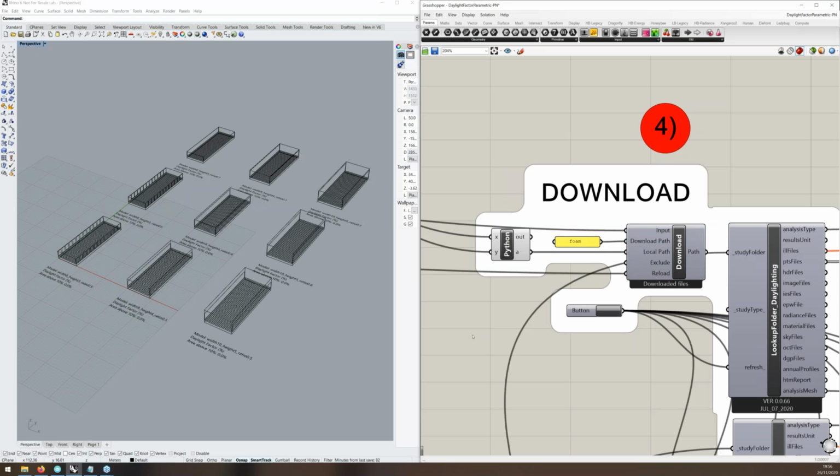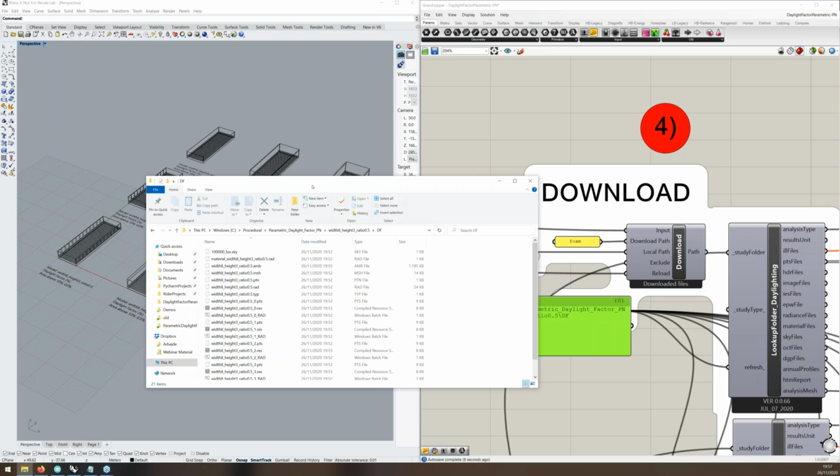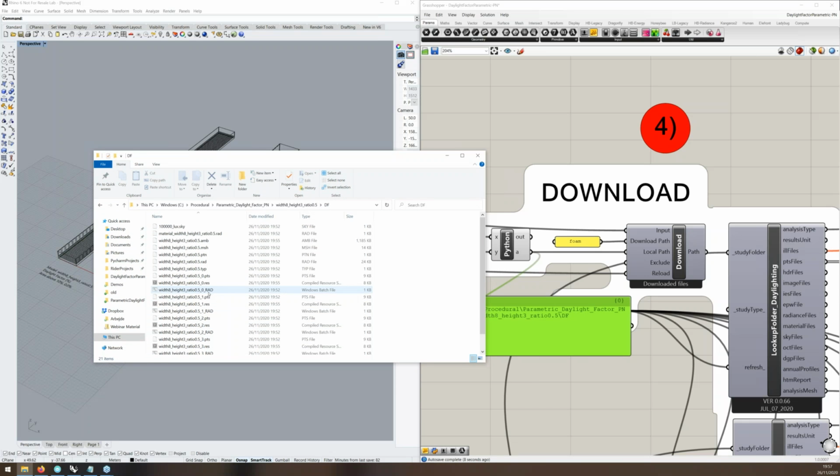And it downloads it to our local path, which is what I showed you before in Windows Explorer. And you can see here we have the result file